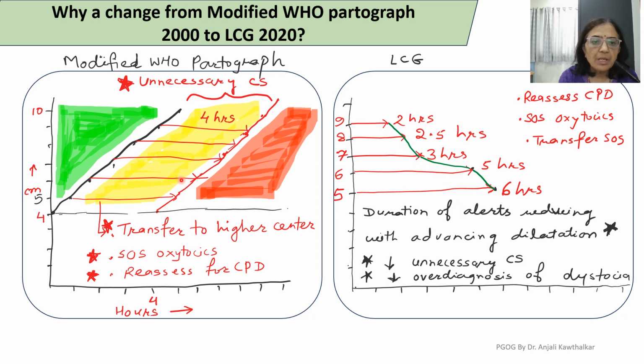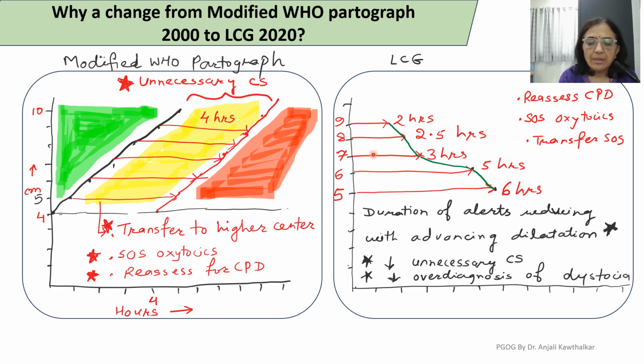Here it was the same: even if at 8 centimeters we were supposed to wait for 4 hours, and at 9 centimeters also we were supposed to wait for 4 hours, which is not correct scientifically. That is why there was a need to change the alert, instead of having a separate alert line and action line. What the LCG now gives is only single alerts, and each alert is separate for each centimeter of cervical dilatation